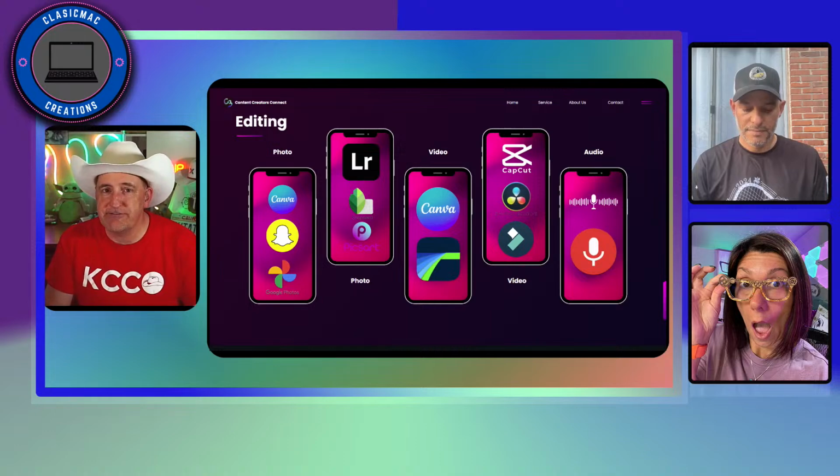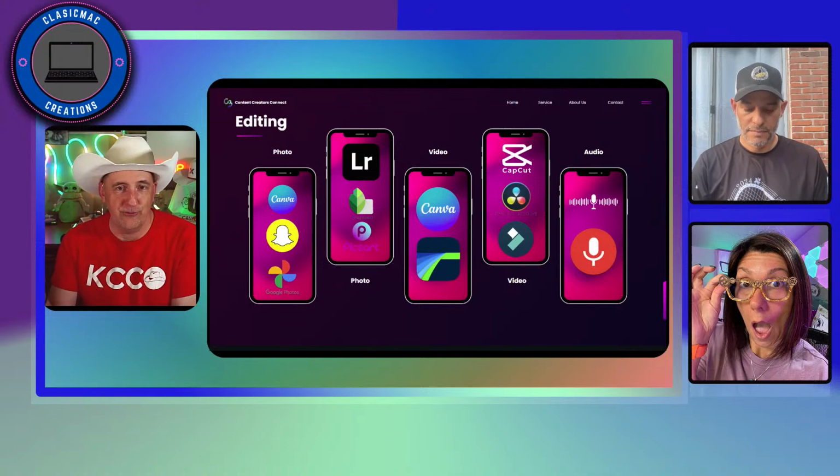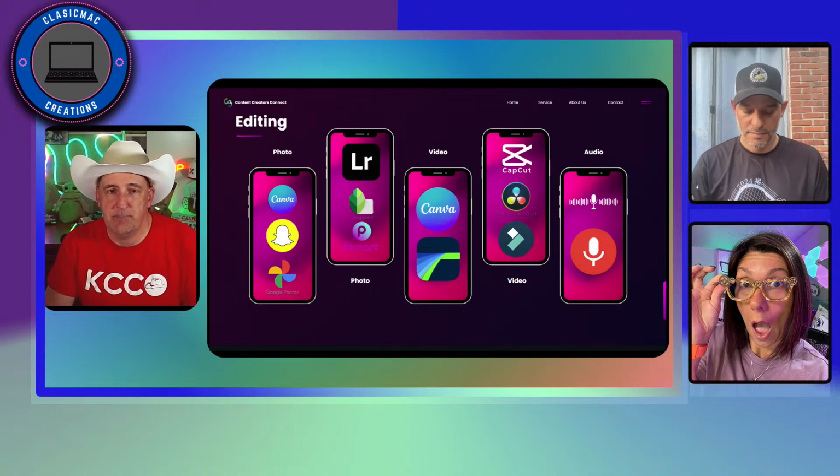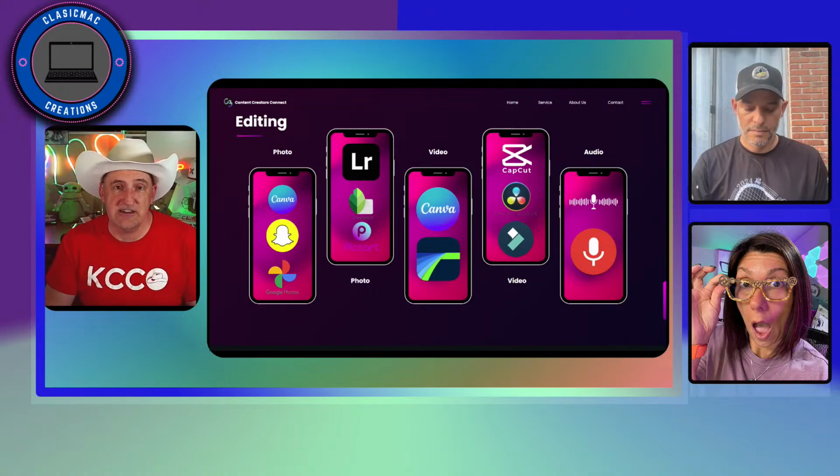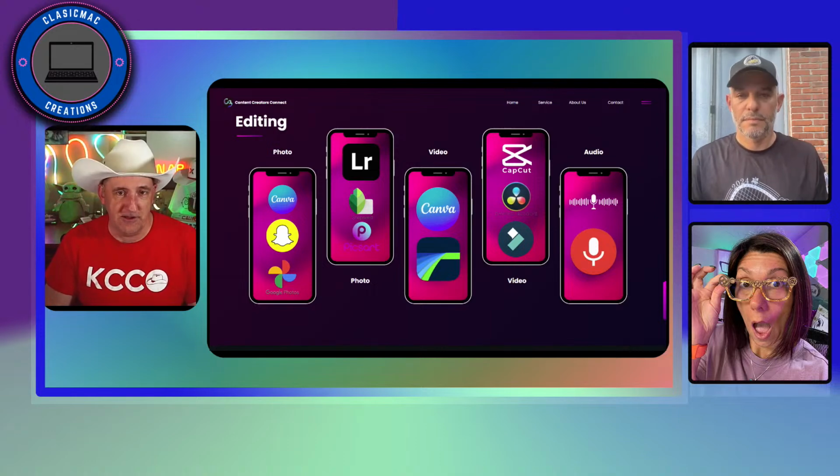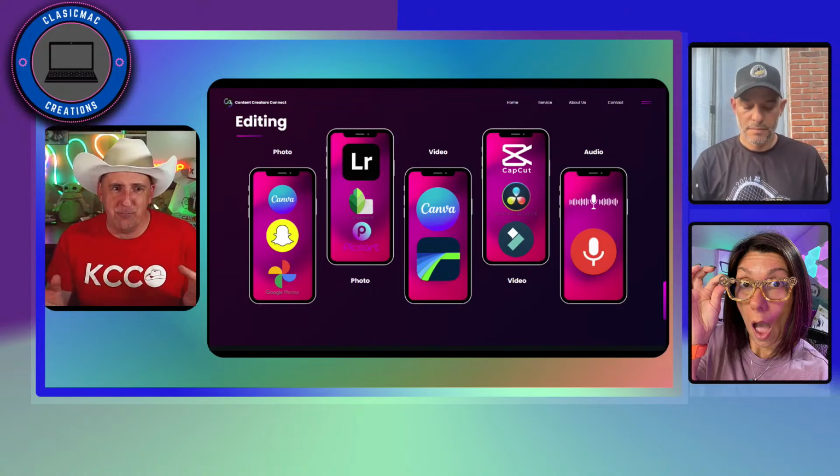You can change the filters to a sepia or different types of background colors and stuff like that. But you can also individually change the saturation and the contrast. You can play with the coloration of all of that, and you can crop it and everything. So that's all built in within the Google Photos app.